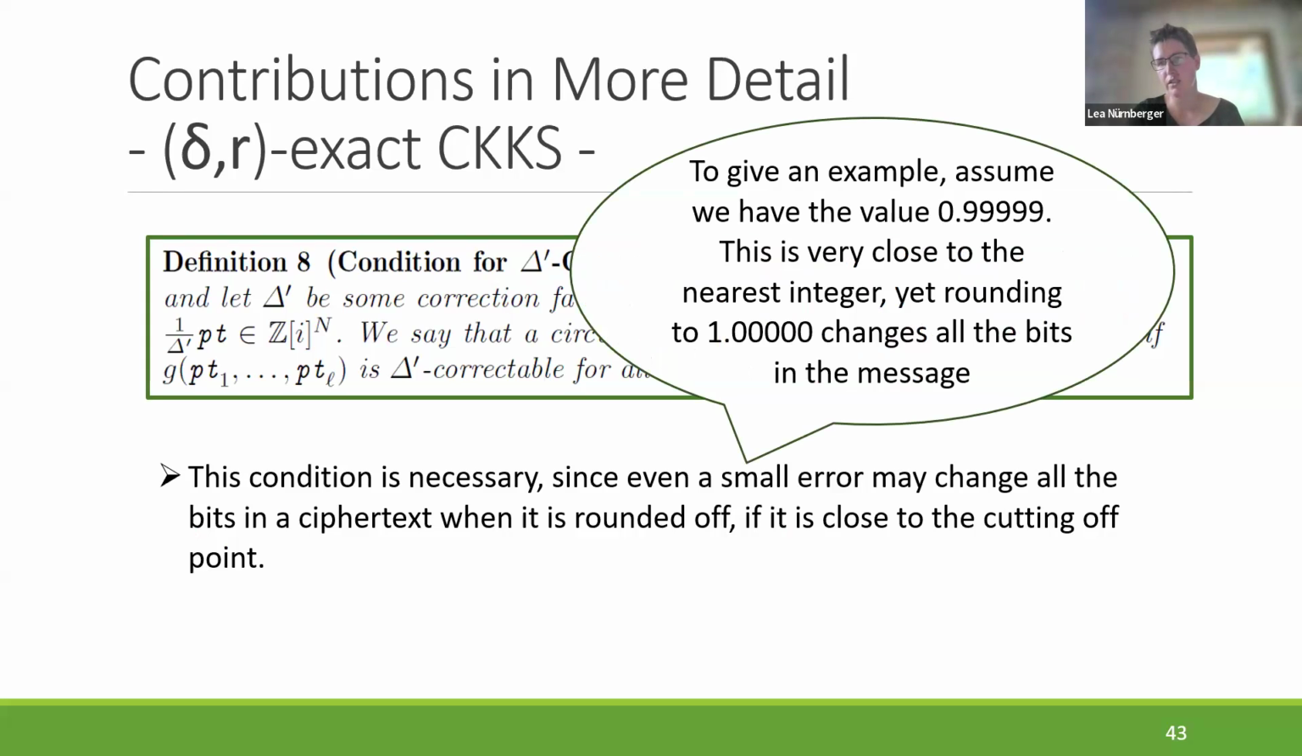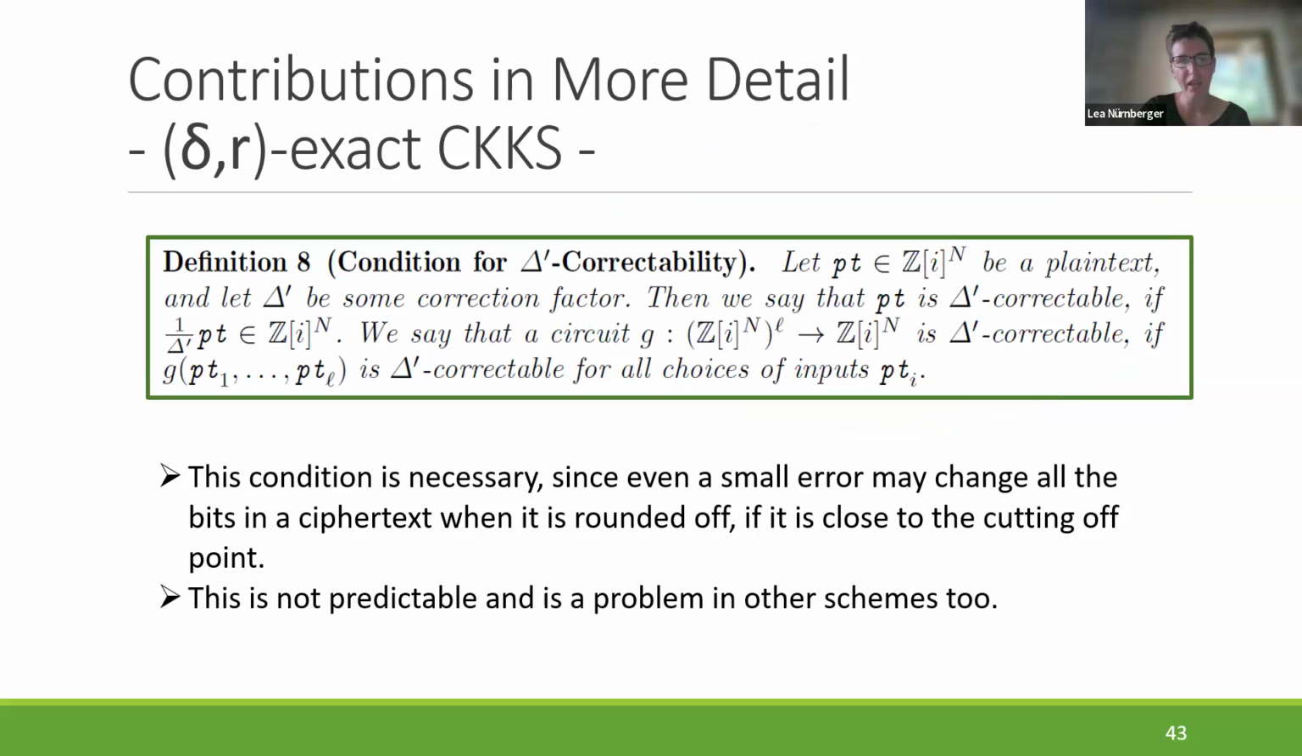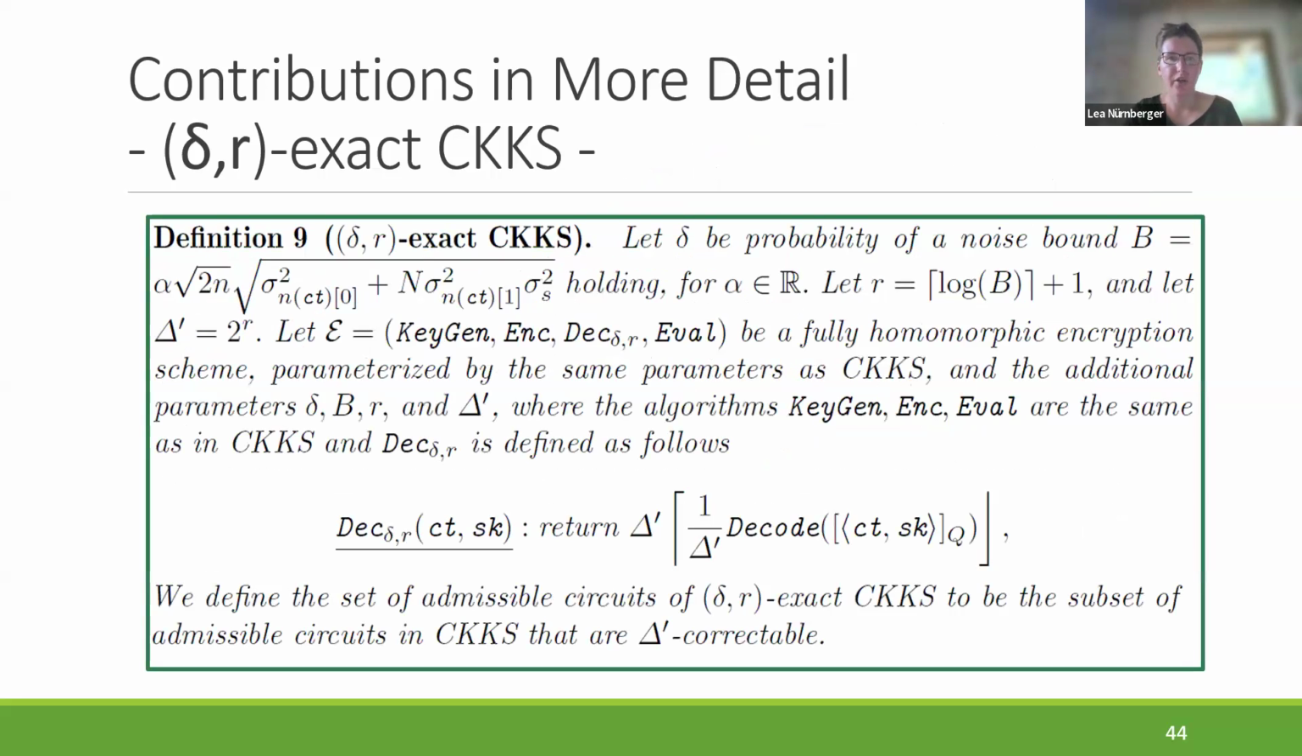Now, if you look back at the problem that we wanted, so that we have the green parts of the message, and through rounding, we just want to get rid of the yellow ones. If anything like this happens, then we will round off all the message, or we won't return a single correct bit because all the bits in the message will be changed. So this is why we need this condition for delta correctability to avoid this problem. But this also is a problem in other schemes like Kyber, so this is not new to CKKS. So then we defined delta R exact CKKS,